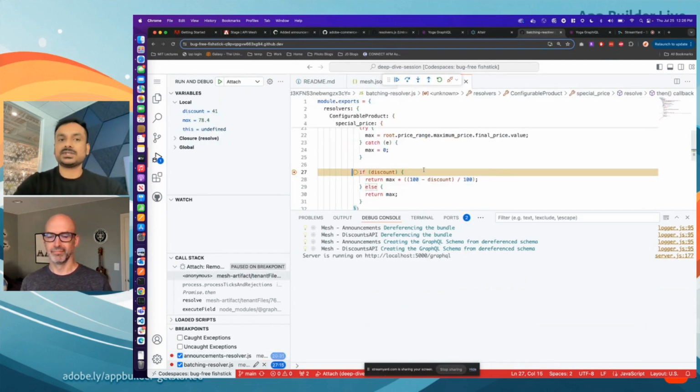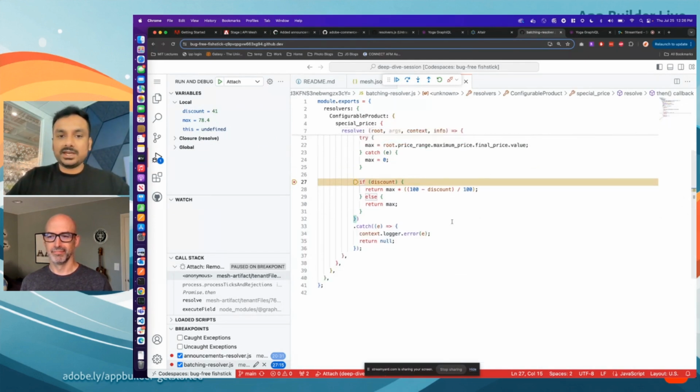And now that was done. That was the announcement resolver. This is the batching resolver. So it stopped here. So if I want to look at the discount, and if I want to maybe look